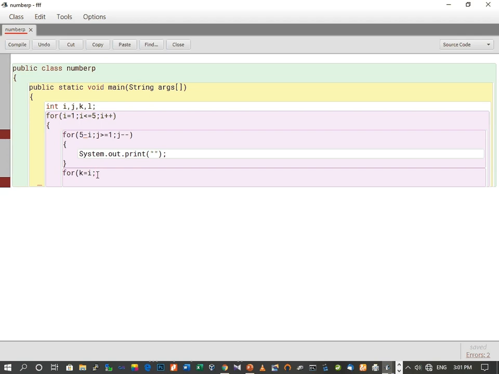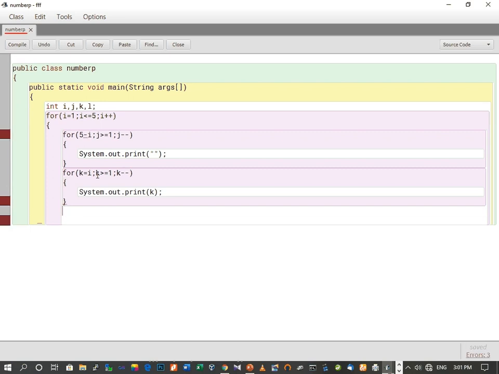Now we continue with the program. k greater than or equal to 1. This is the backward loop. Then k minus minus. And here also we will print the value of k. So System.out.print(k). We close the bracket. Now we are going to print the right hand side